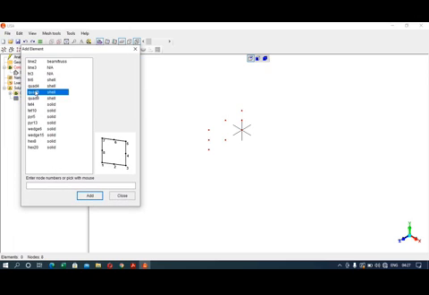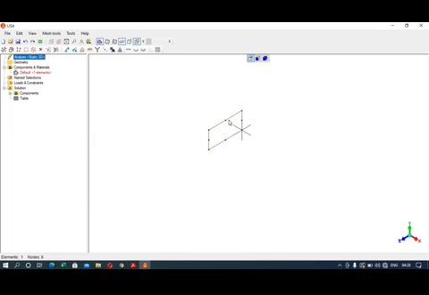Again I will select the same element, chord 8 shell element, and I will enter here the node numbers from 1 to 8 separated by comma. So add. So you can see one element is created here, okay, on the screen. So with the help of this face tool, select faces, select this entire face